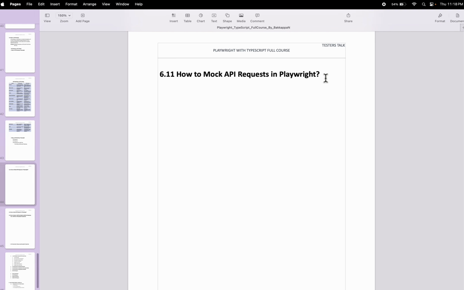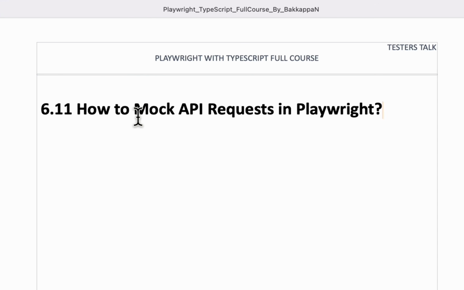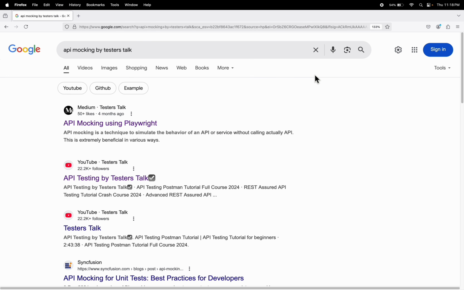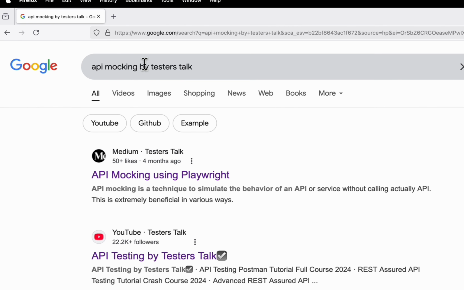Now let's understand how to mock API requests in Playwright. Everything I have written in one single Medium article about how to mock APIs in Playwright. So let's navigate there. In Google, simply search for API mocking by tester stock, and you will get the very first link from Medium. So let's go to this web page,